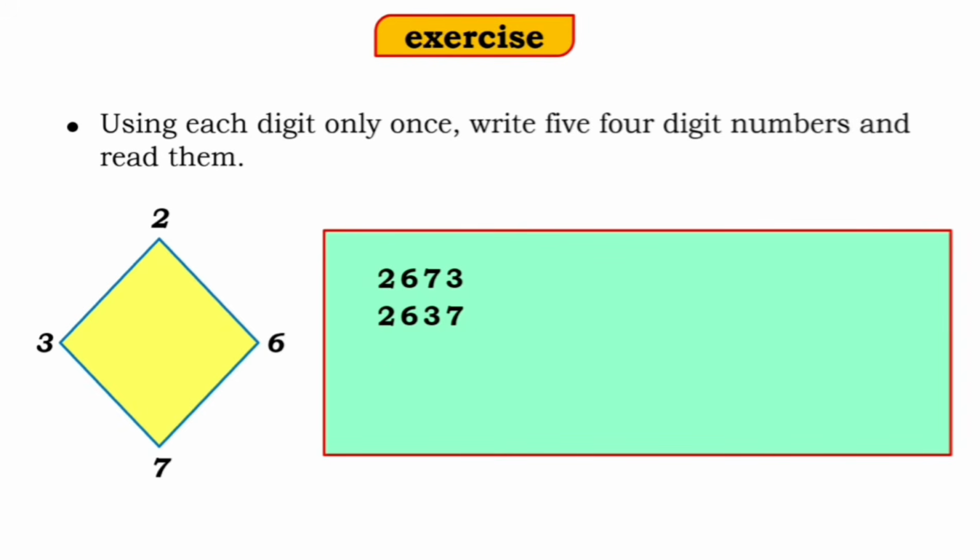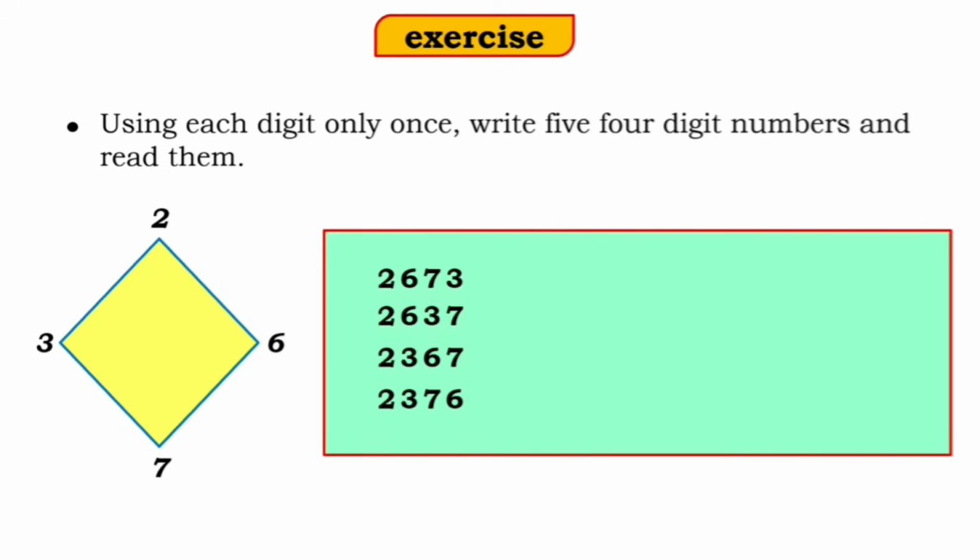So the number will be 2, 3, 6 and 7. That is 2367. Now again we will interchange the tens place and the units place to form the next number. So 2, 3, 7, 6. That is